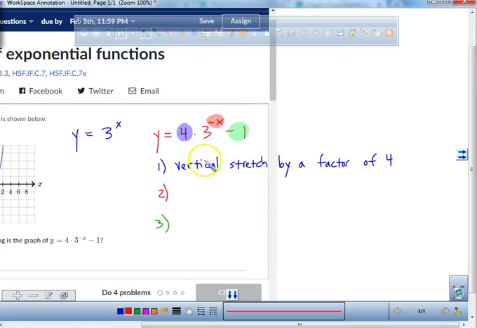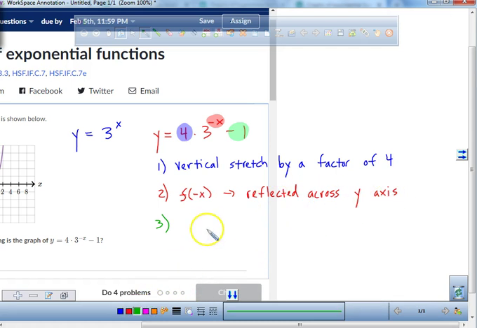We have a negative x. Now that follows this rule: f of negative x. Now what happens when you have a negative there? It's going to be reflected across the y-axis. Okay, so whenever you're making all the x values negative, they're reflected across the